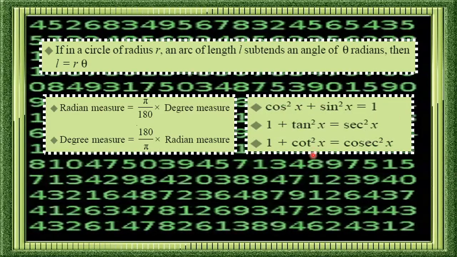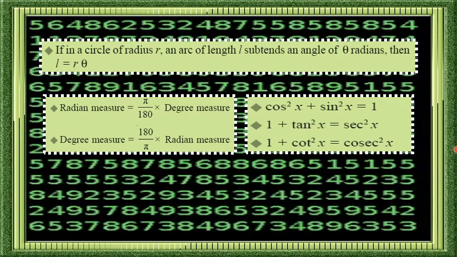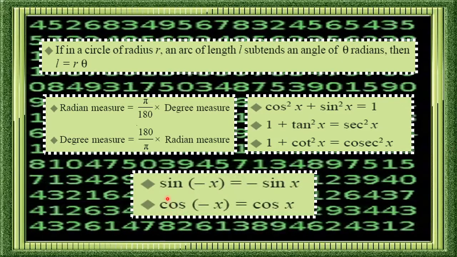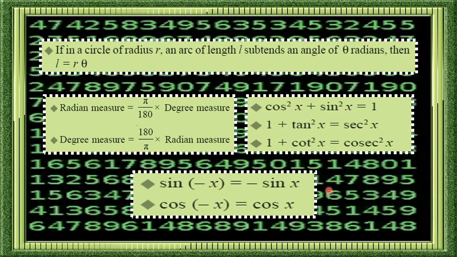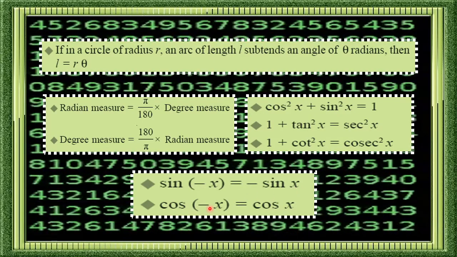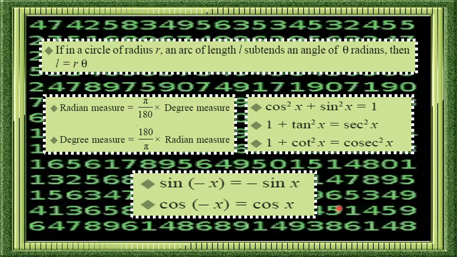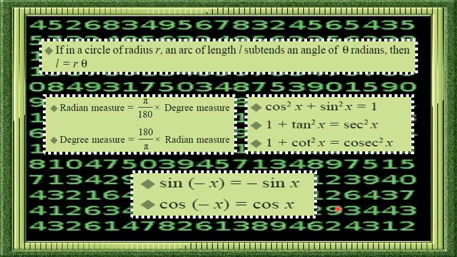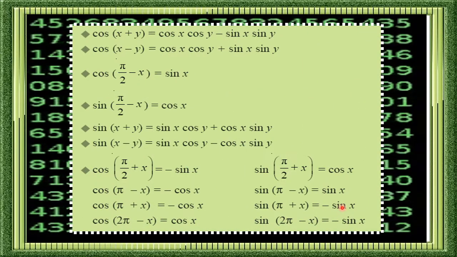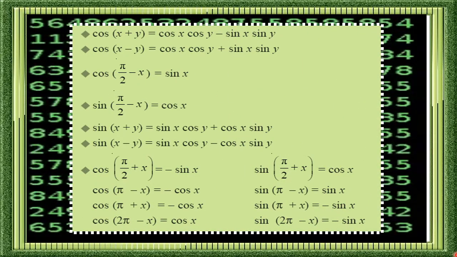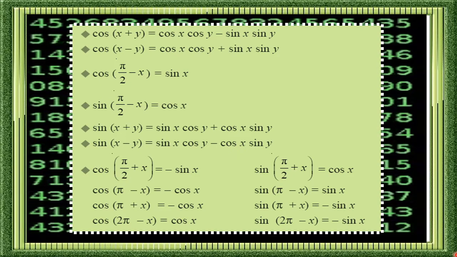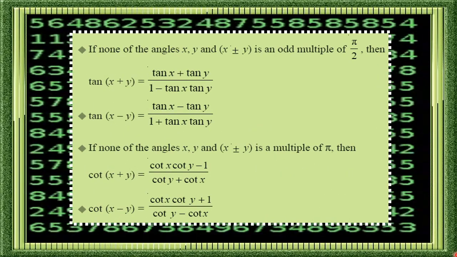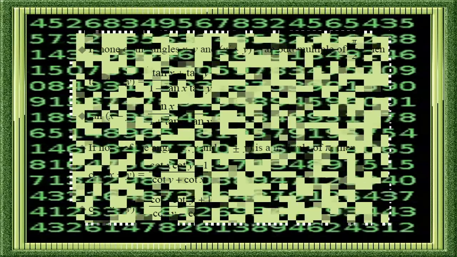Then these are three basic properties that we have learned even in class 10th. Then we talked about sine minus theta is equal to minus sine theta. This is known as odd function, and cos minus theta is equal to cos theta, which is called as even function. We discussed these concepts with the help of unit radius circle. Then here we have a list of all the formulae that I told you to please paste somewhere to save in your mind properly. Here is the complete list.